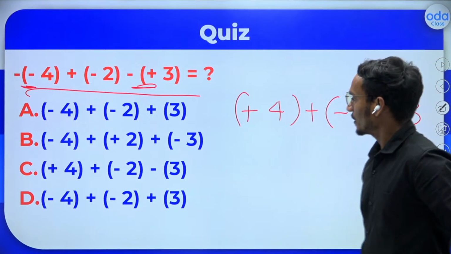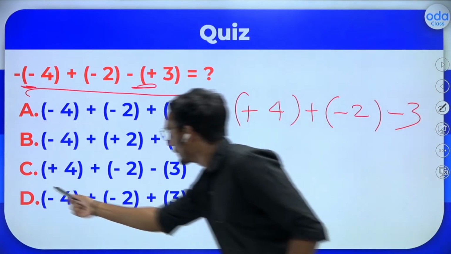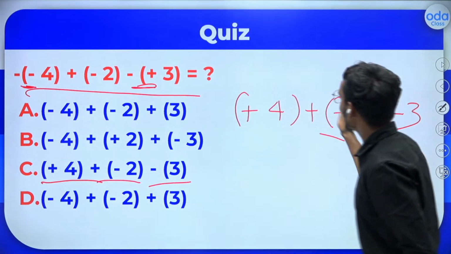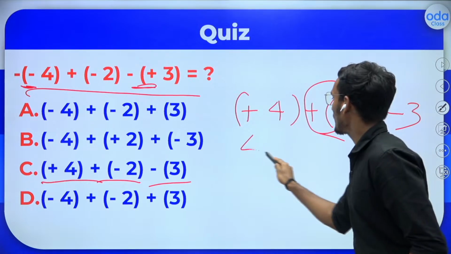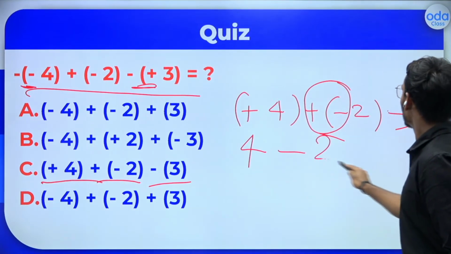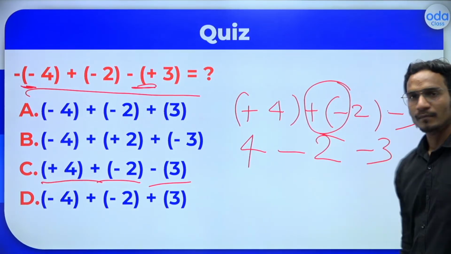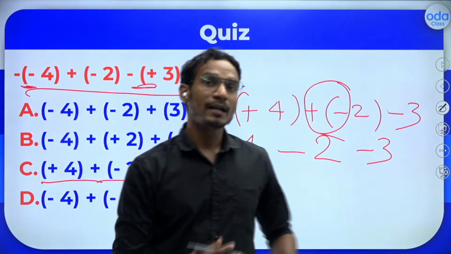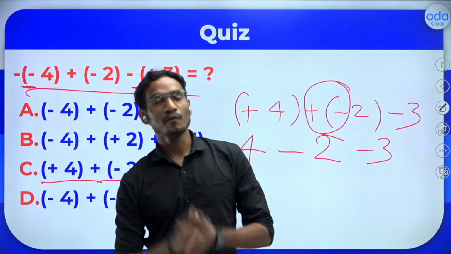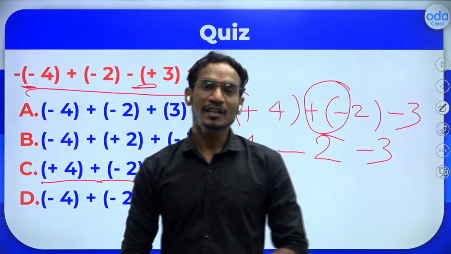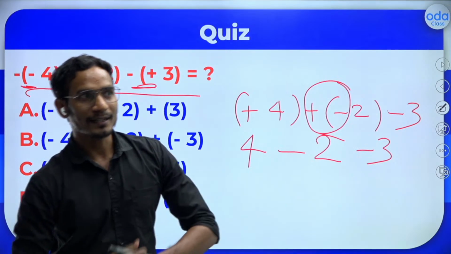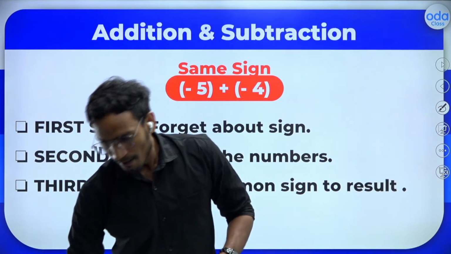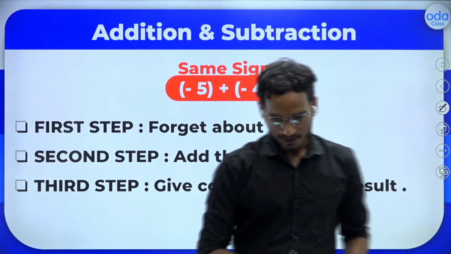तो आई थिंक क्या करेक्ट आंसर हो रहा है इसका? ऑप्शन सी मैच हो रहा है क्या? देखो, प्लस 4 प्लस माइनस 2 माइनस 3, इसको भी हम फर्दर सॉल्व कर सकते हैं, तो इट विल बिकम प्लस 4 माइनस 2 माइनस 3। आई होप दिस इज क्लियर टू एवरीवन। करेक्ट। तो ये हमें जानना बहुत जरूरी था बिफोर इवन वी स्टार्ट विद द एडिशन एंड सब्ट्रैक्शन ऑफ द नंबर्स, दैट हाउ दीज साइंस रिएक्ट।